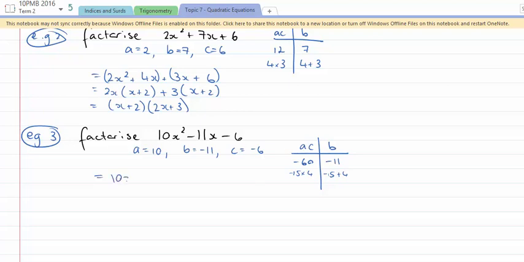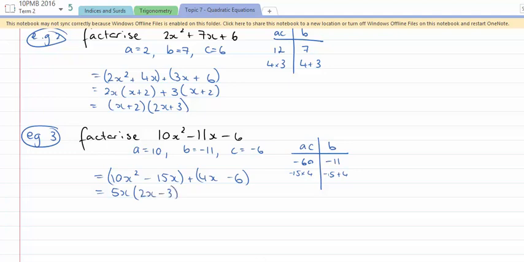So we have 10x squared, take 15x, plus 4x, take 6. Now this is a negative 15 in both, and a positive 4 in both. So now we do our factorizing by grouping. So the common factors here are 5 and x, so 5x, and we're left with